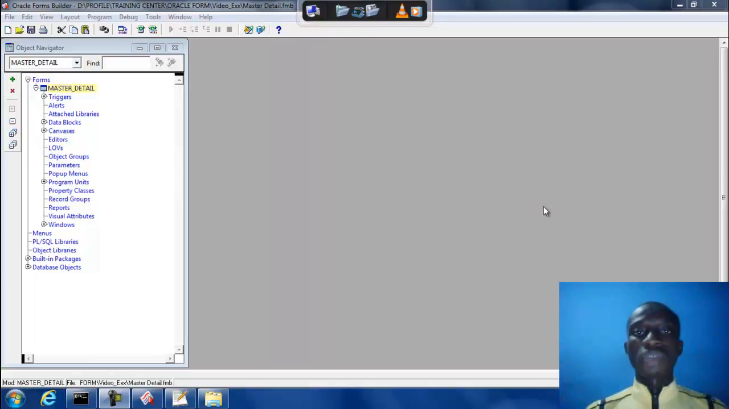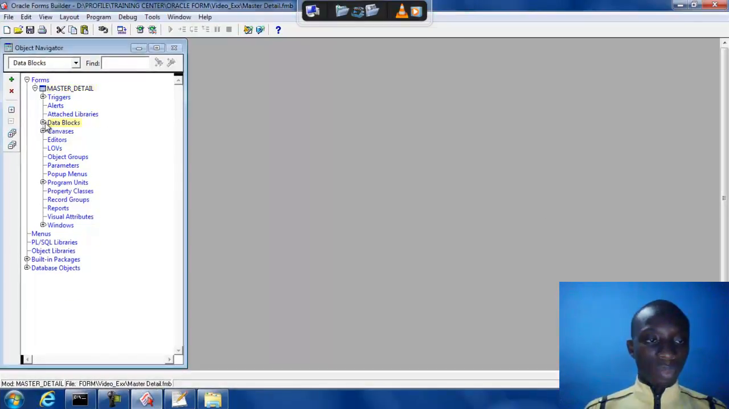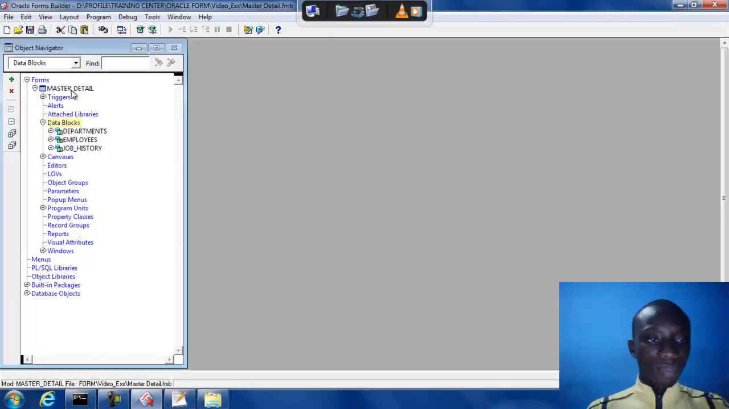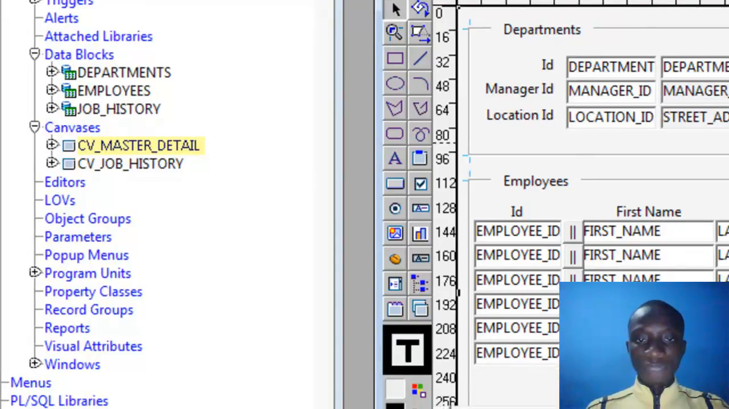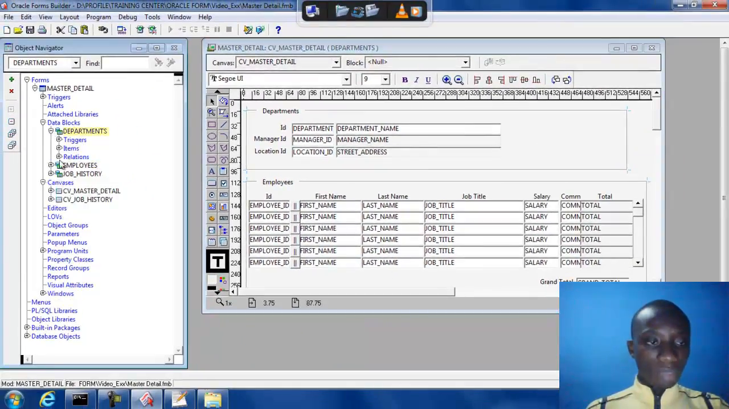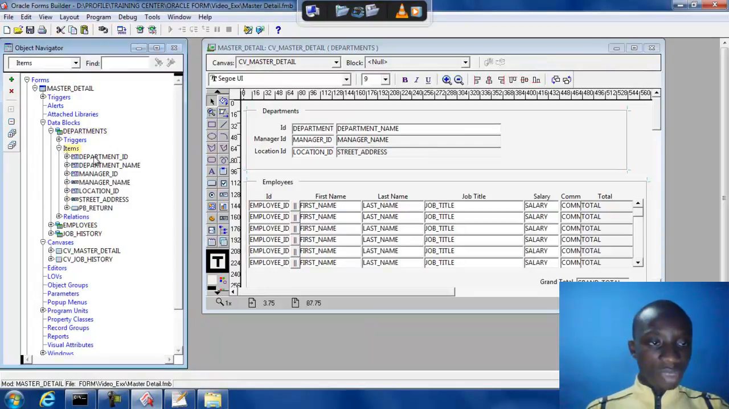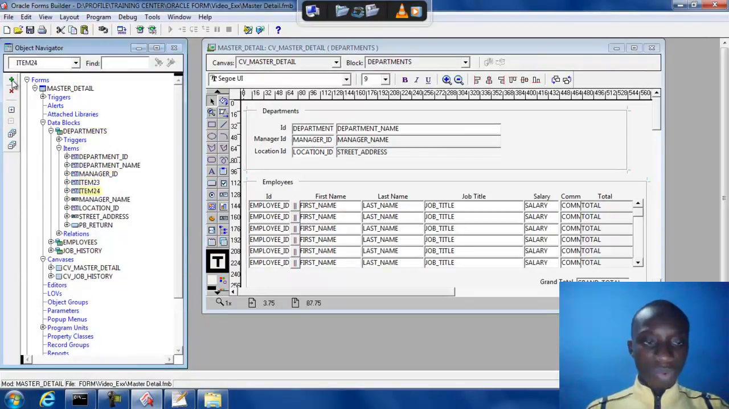In this demonstration, I'm going to show you how to create list of values. We expand our data blocks for our master detail from the previous two demonstrations. We can display our canvas. We are going to create two list of values, one for the manager and then the location. So what we have to do is we expand the department block, expand the items, and introduce two new